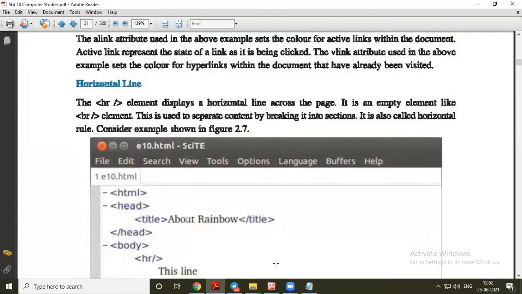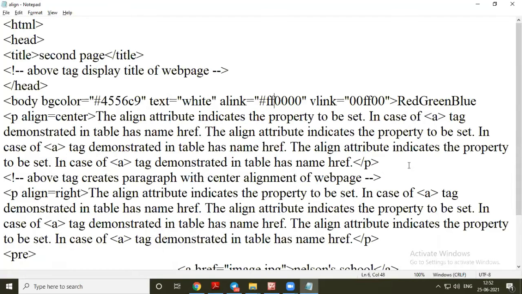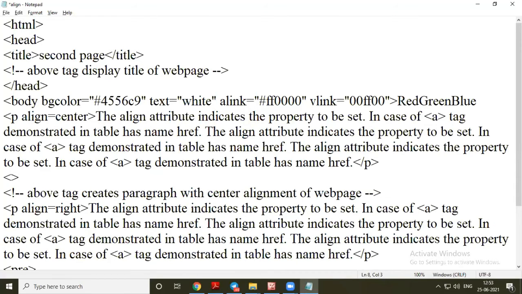Now horizontal line. Earlier we have seen in formatting tags two types of line breaks, invisible and visible line break. So here two paragraphs are there. In between I am writing HR. HR stands for horizontal ruler.